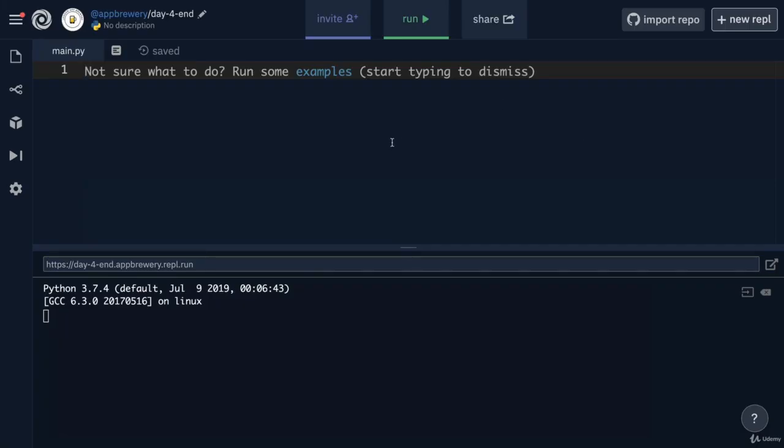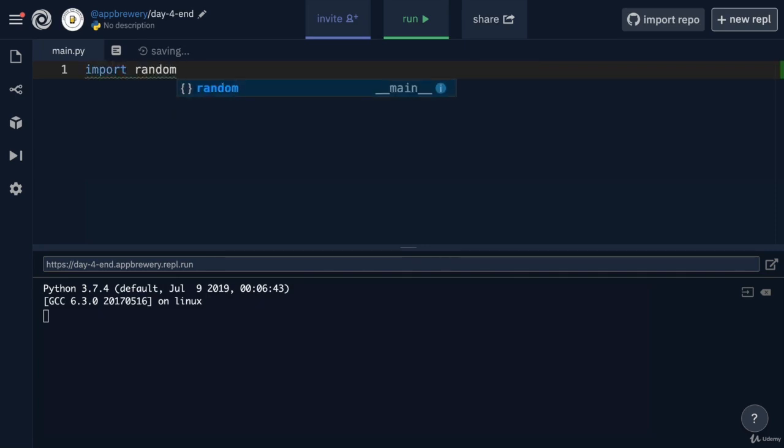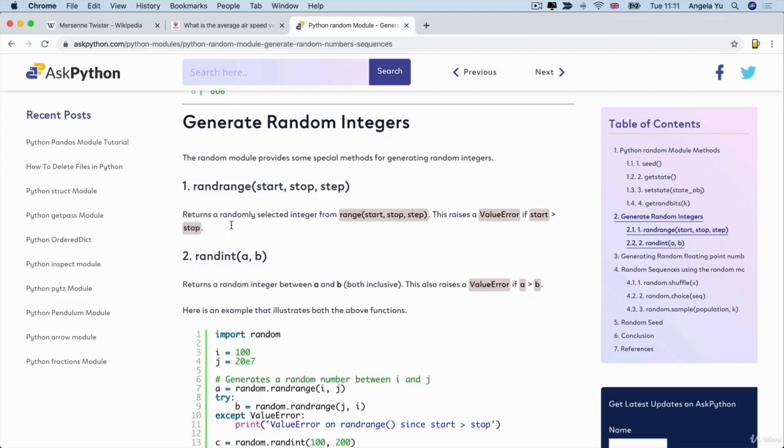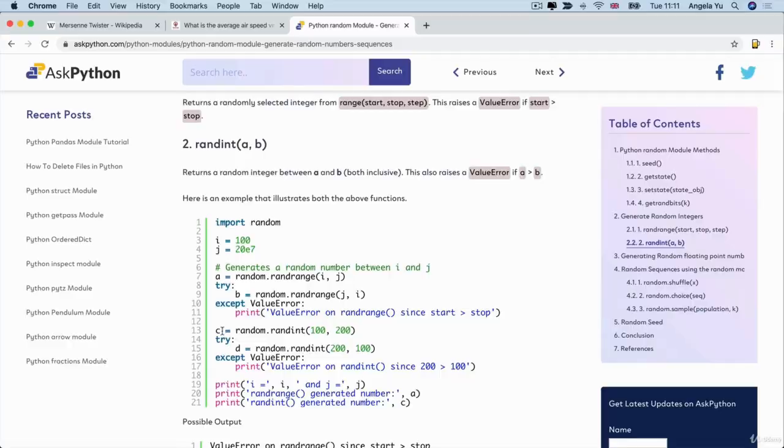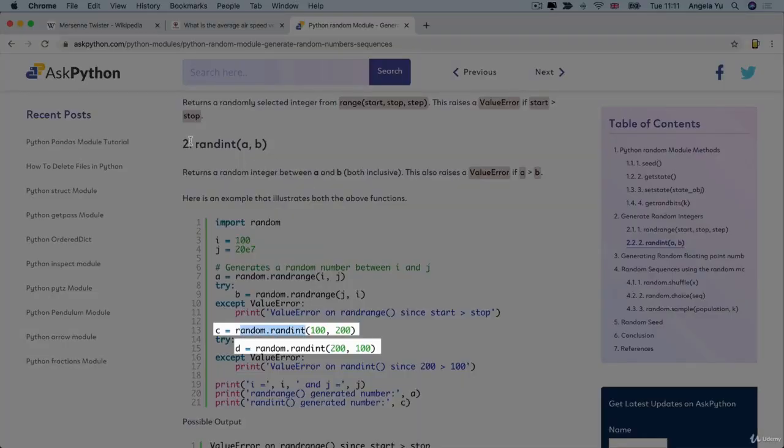In order to tap into the random module, we first have to import it. So we write import random. And now we're able to use this random module in our main.py code. We can start using the documentation to generate a random integer. For example, they show us in the code snippet here that we could generate a random integer by using the